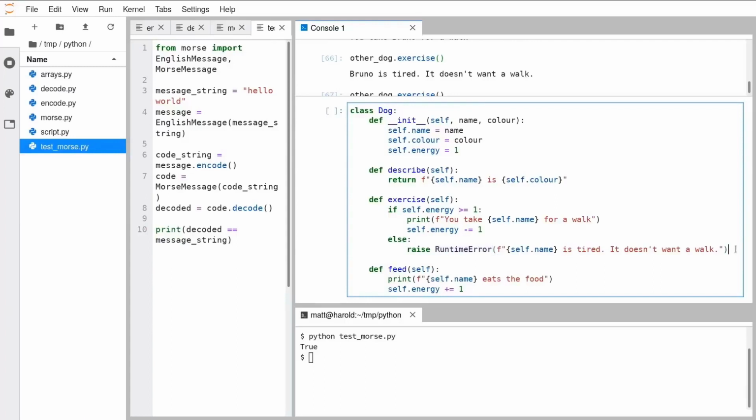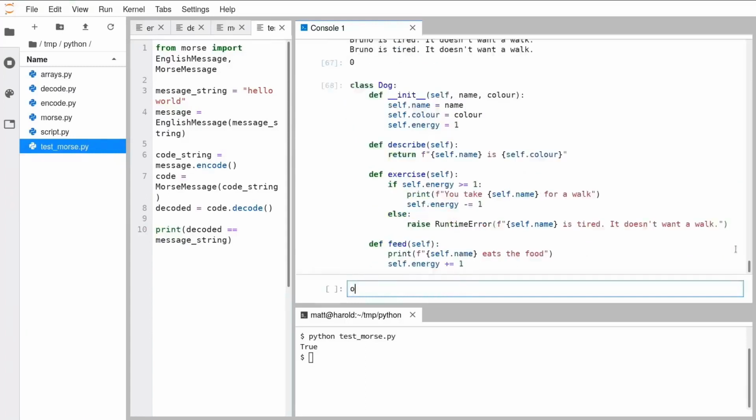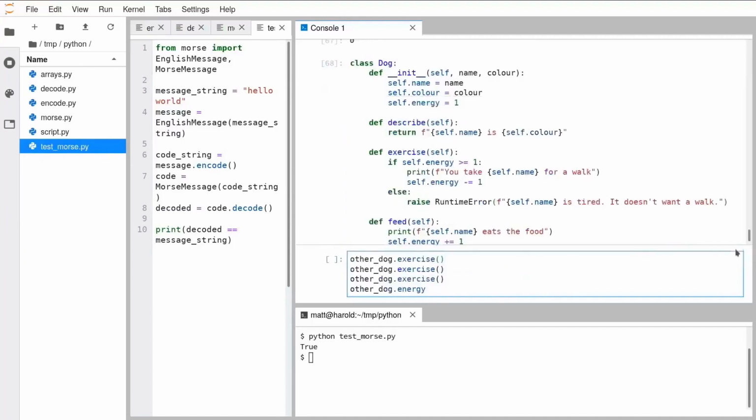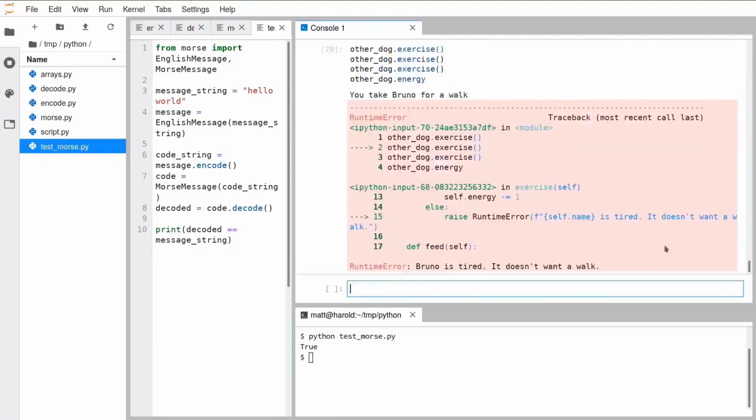So now when we exercise that code and we make our dog, and if we try and exercise it too many times, we get an error raised, a deliberate error which tells us that a runtime error was raised and the dog is tired. If we look at where the lines of code raise the error, we see that it's telling us in the exercise function on line 15, we raise the error, but that was called from these lines of code here,